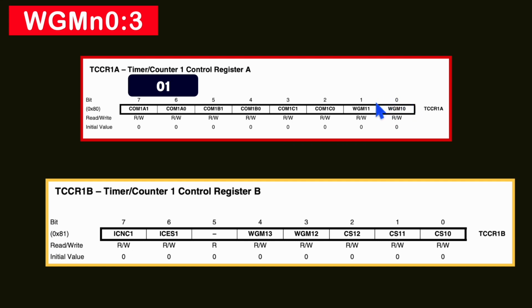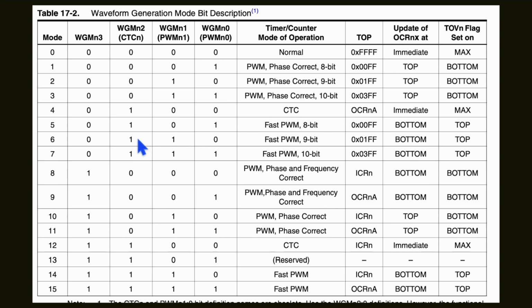Don't get confused here by thinking this is a 10. This is not a 10. This 1 is for the timer, and this is the 0th bit for that configuration. This is the first bit, this is the second bit, and this is the third bit. So for this configuration, we need non-PWM mode. PWM mode we will explore in the next session.